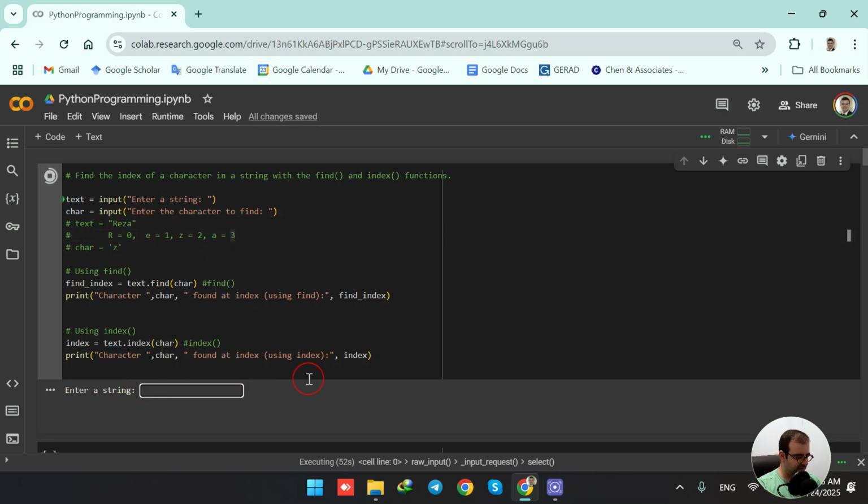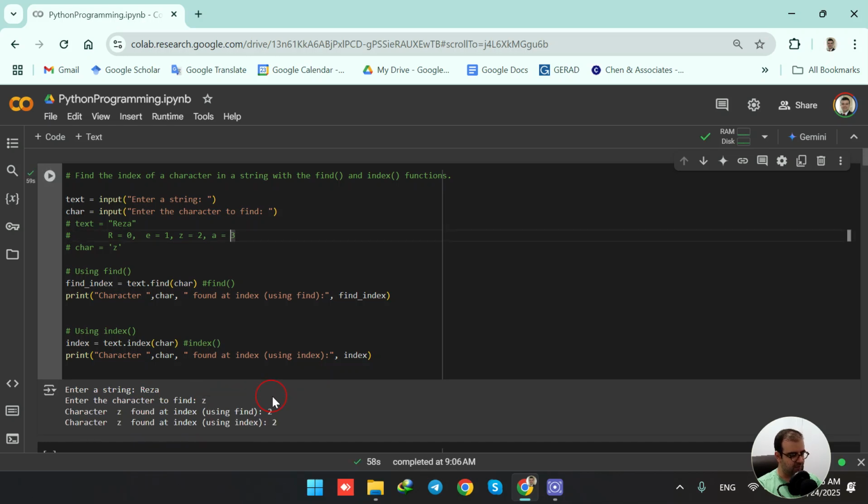So here it says enter a string. I type down Reza, and it says enter the character to find. So I type down Z, for example. It says character Z found at index, using find function at index 2 and using index function at index 2 as well. So the Z character is at index 2 indeed, and we use the find function and index function to find the index of this